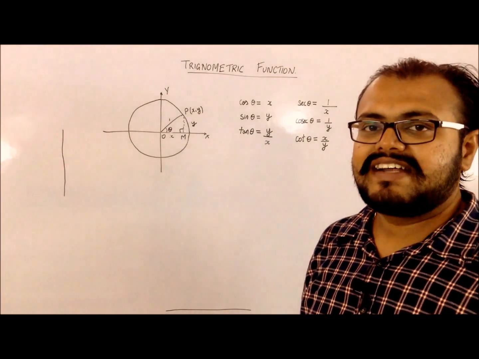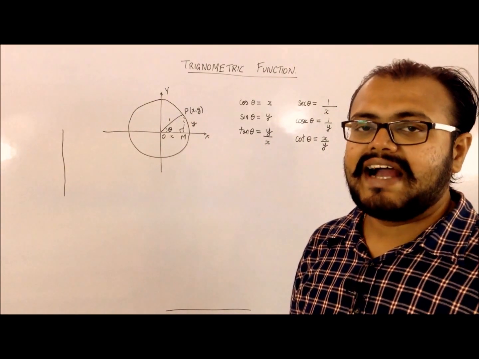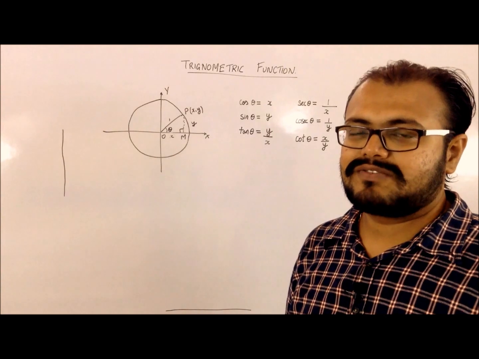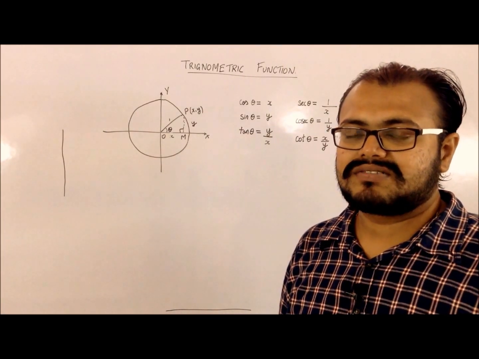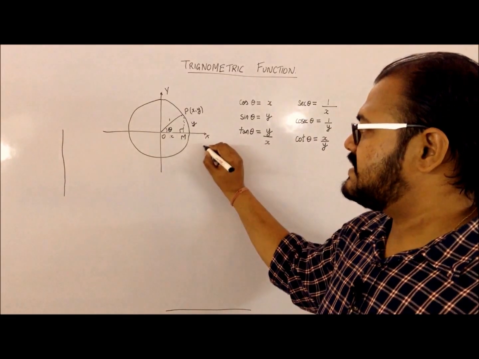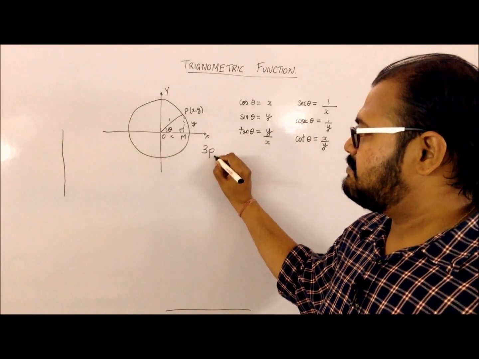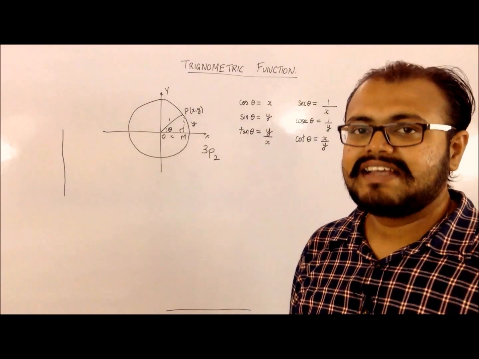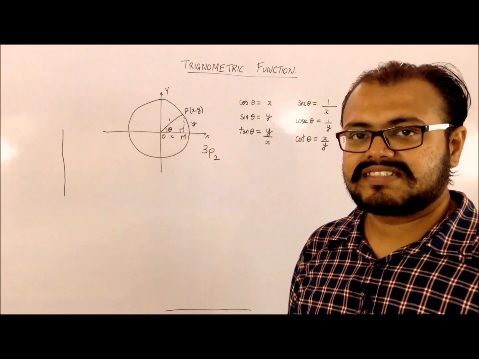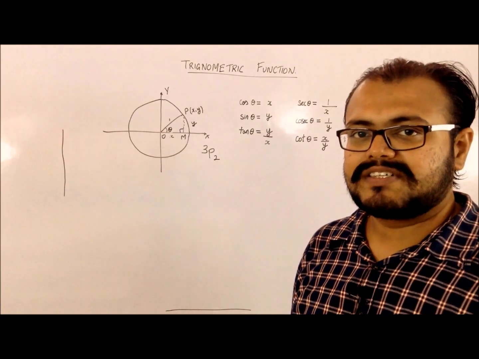So we have defined my 6 ratios. I have 3 sides. Out of that I have to take 2 at a time and it should be in order. So that is why this is basically 3P2 ways in which I can select. So that is why I am having 6 different ratios or 6 different functions for a particular angle.